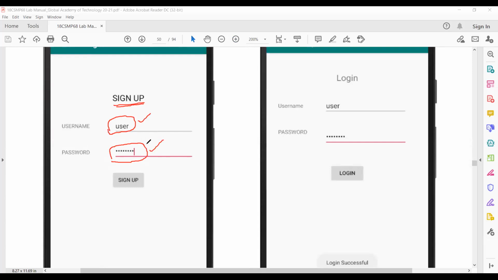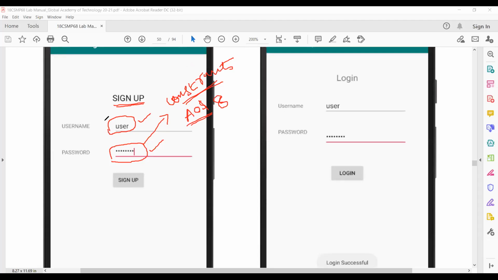The most important thing is, in order to enter a password, they're given some constraints. What are the constraints? A password must have at least one uppercase letter, at least one digit, which is 0, 1, 2, and it must have some special symbol. And the length of the password should be minimum 8 characters long. We'll see those constraints later.